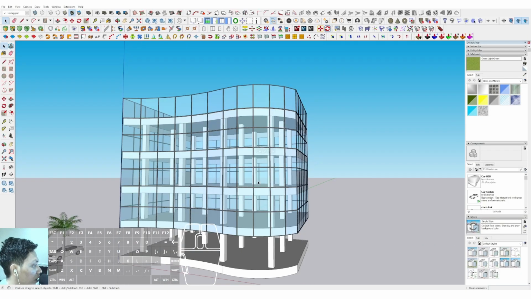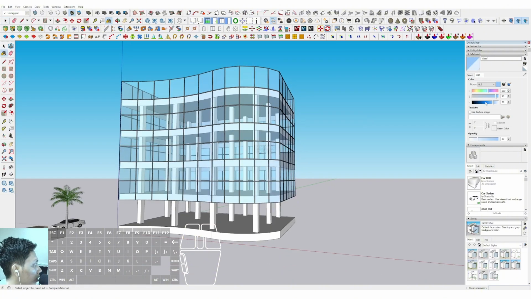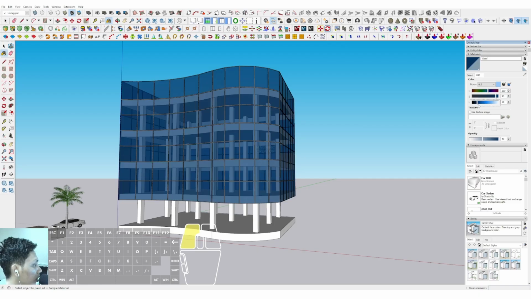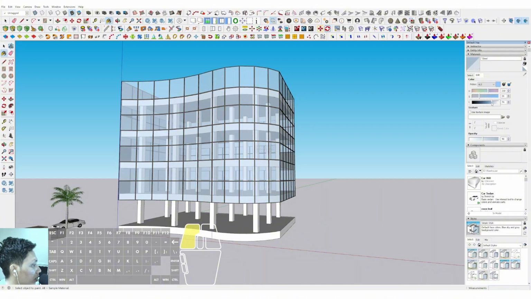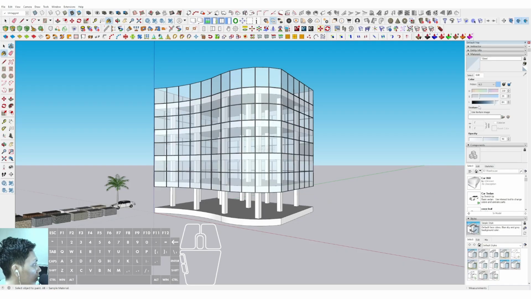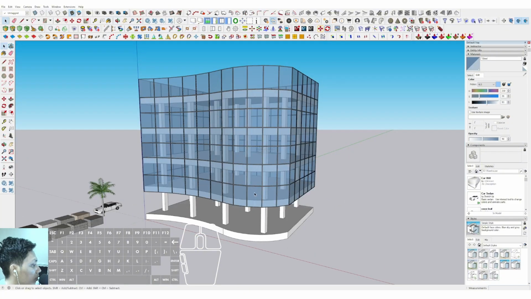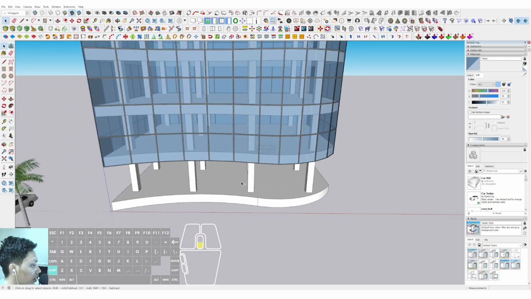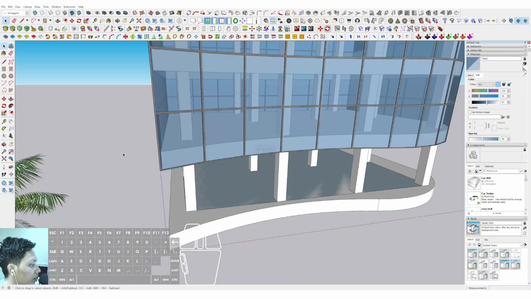Okay, now we can modify the materials. We can set the opacity and select the level of darkness of the glazing panel in here. And maybe we can just select this one, or we can set the level of darkness of it in here. Maybe it's darker than before, and this is bluer than before. Okay, then now we can select the rectangle in here and make the